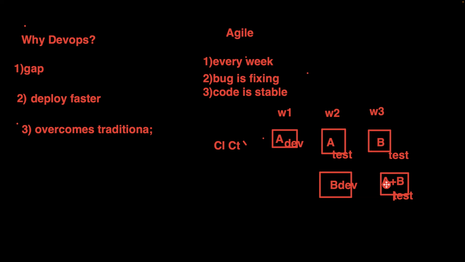Got it, everyone? We'll be creating these CI/CD pipelines and deploying. So just understand, yes, it overcomes the challenges to a certain extent, but not in a full-fledged manner. That's where DevOps came in. DevOps can overcome the challenges completely. It eliminates the gap between the teams and deploys faster. It overcomes the challenges faced by traditional methodologies. That's why DevOps came in. Are we clear with why DevOps came in? If it is clear, we'll talk about what DevOps is. Good to go?